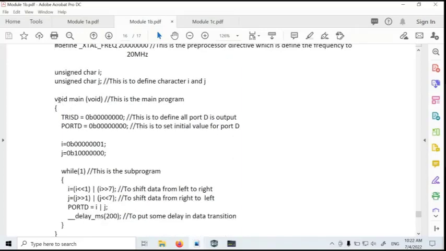So you can start with the main program. Need to follow the naming convention here, and then open and close curly brackets. So you write down everything that you want the microcontroller to do. Within this subroutine, TRISD, port D. So TRISD is the direction of port D. We know that PIC16F877A